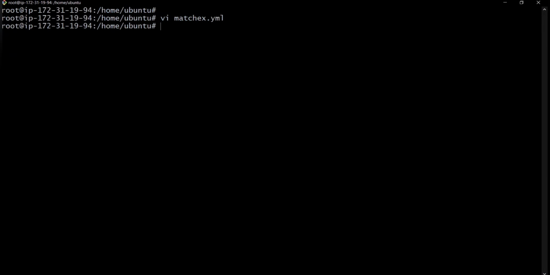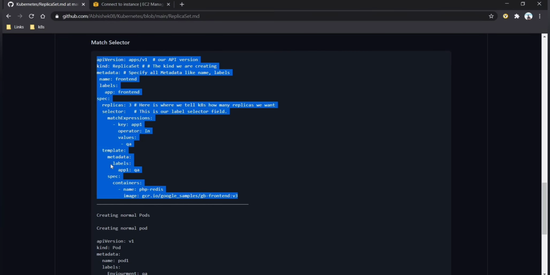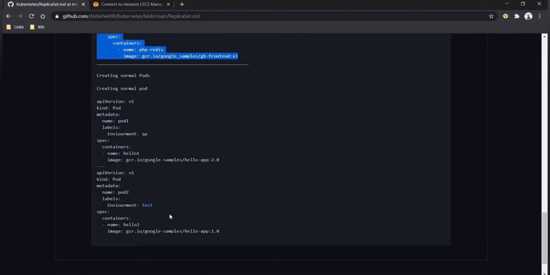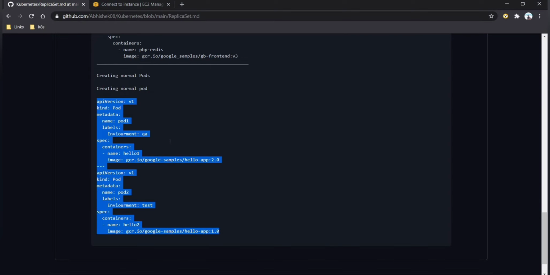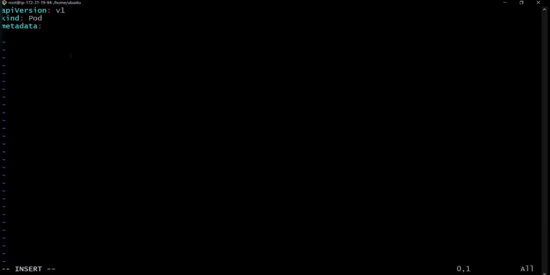Before that, we have to create one more file to check how this replica set acquires pods: new pods.yml. Here we have to define two pods.